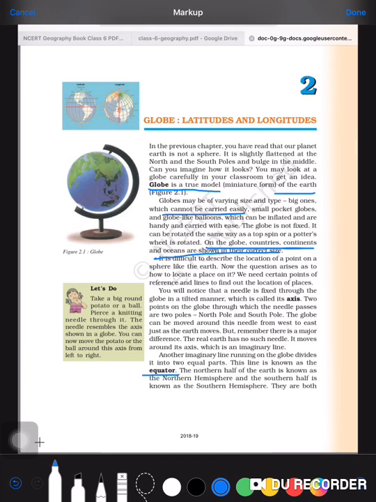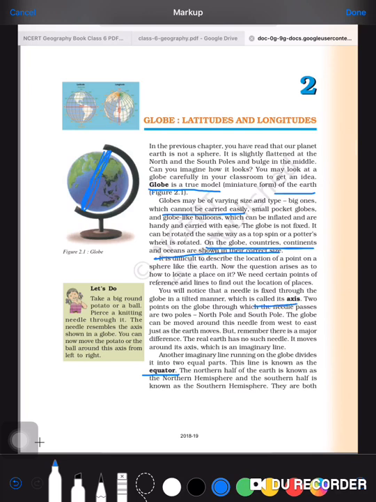Our earth keeps on rotating, and on the globe, if you see, it is in a tilted manner. Tilted, a little bit tilted, झुका होना जिसे हम बोलते हैं. So this imaginary line is the axis on which the earth is rotating. On the globe, if we rotate the earth, that means we are showing how the earth is rotating. So this line is called the axis.